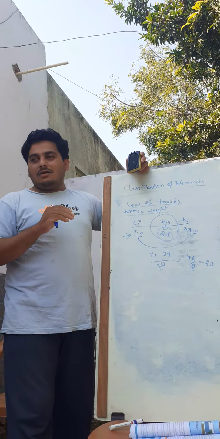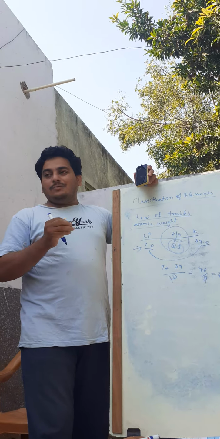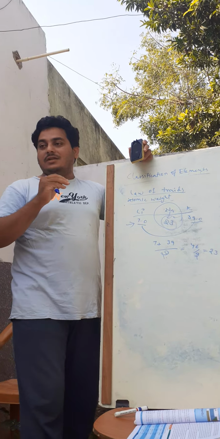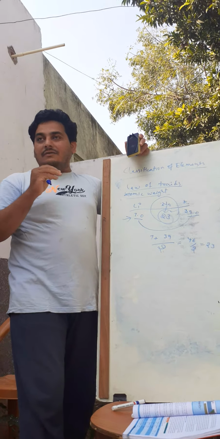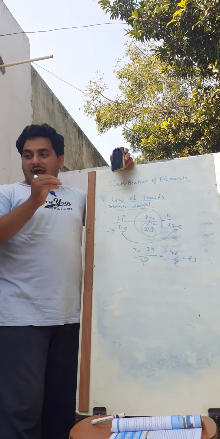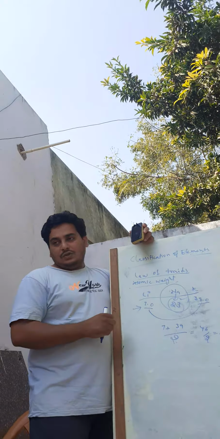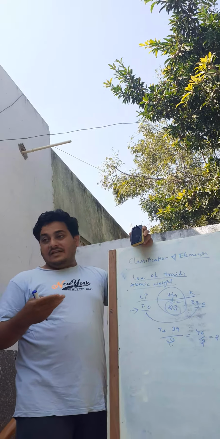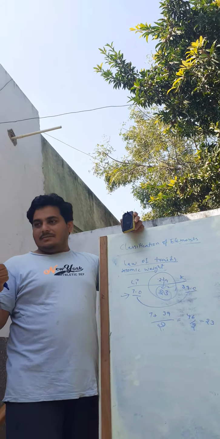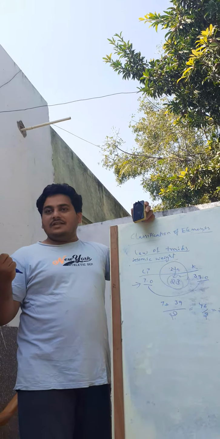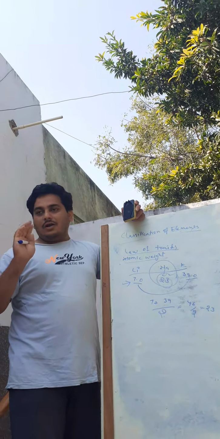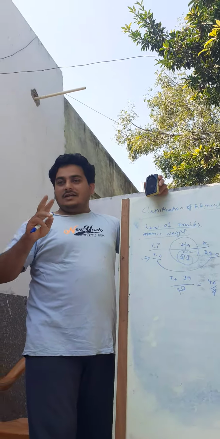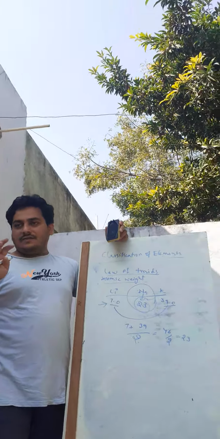But what we have learned in this concept is that Dobereiner is the first person to talk about the atomic weights of the elements. We can arrange the periodic table with the help of atomic weight, which was explained by Dobereiner. Here his main drawbacks: in his triads some dissimilar elements were placed, and with some similar elements, when you take the average, you are not getting the middlemost element's atomic weight. These are the main drawbacks of Dobereiner.